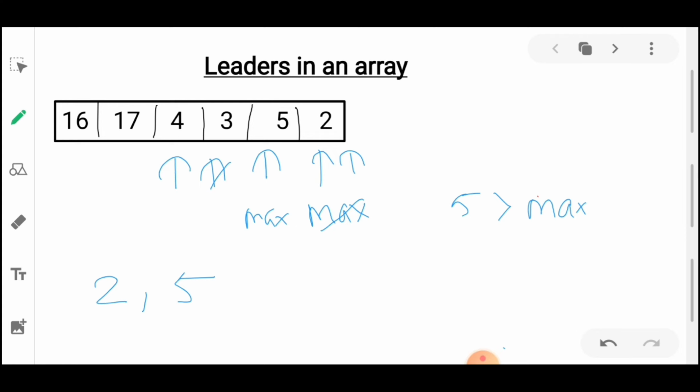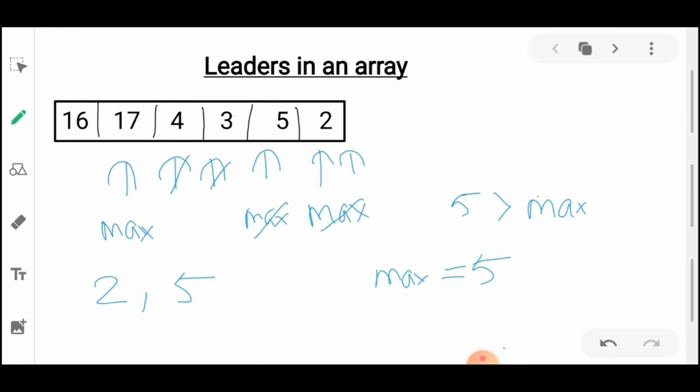Then again we'll come to 4, and check if 4 is greater than our max or not. 4 is not greater than our max, so we'll do nothing, we'll just move. And again we'll check 17 with max. Our max is 5 now, so we'll check 17 with 5. 17 is greater than max, that is 5, so we can update our max, so our max will be 17 now.